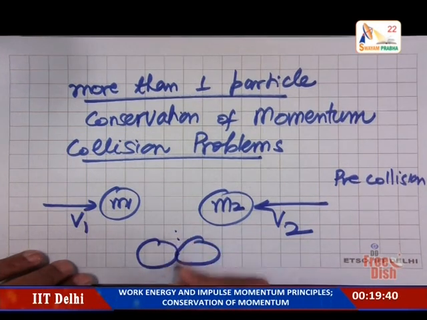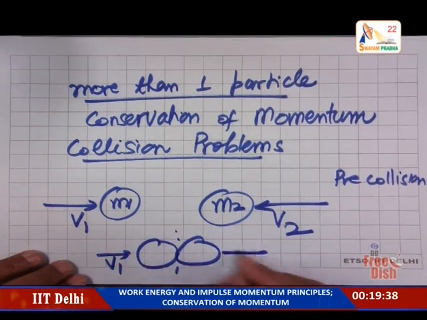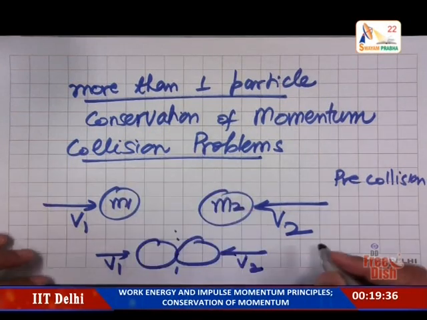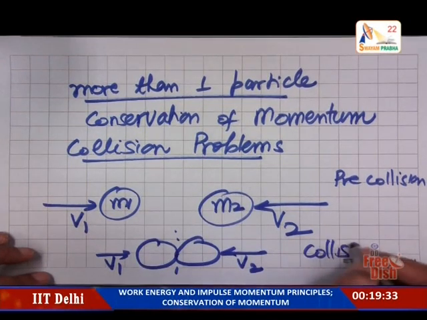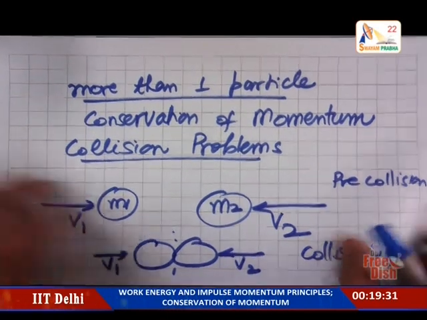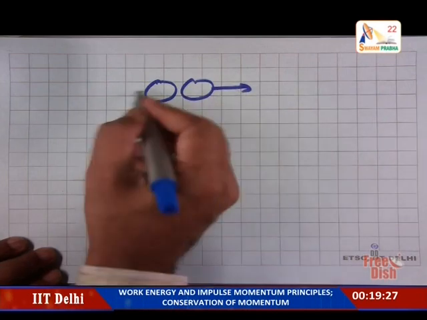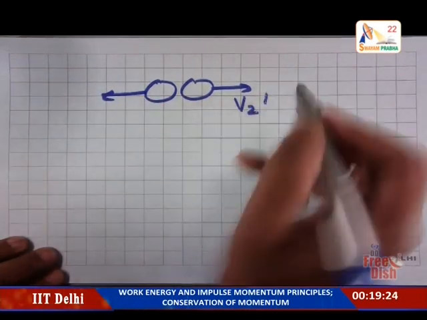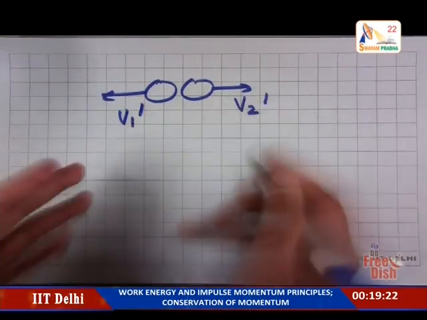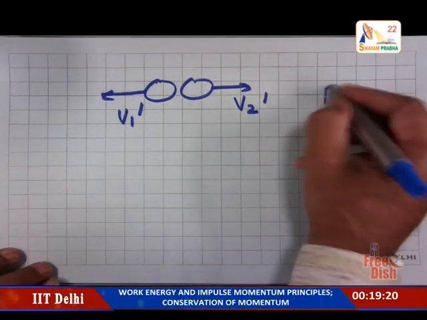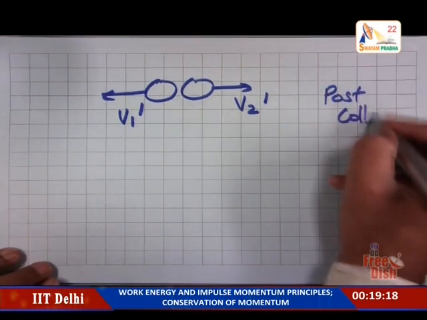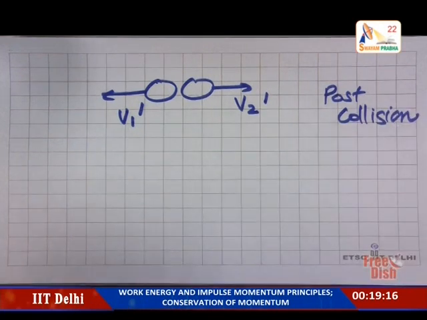They touch each other. So, this is at a velocity v1, this is at a velocity v2. They hit each other, and this is what we will call the collision stage. And after they have hit each other, this goes with v2 prime, this goes with v1 prime. These are the final states, and this is what we can call the post collision. So, this could be one state where we have more than one particle involved.